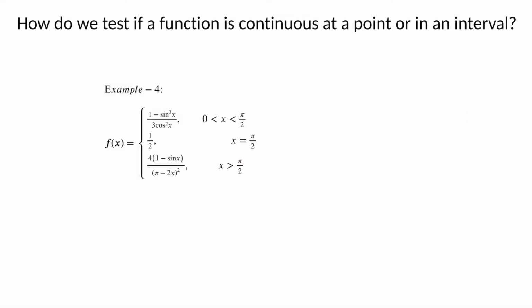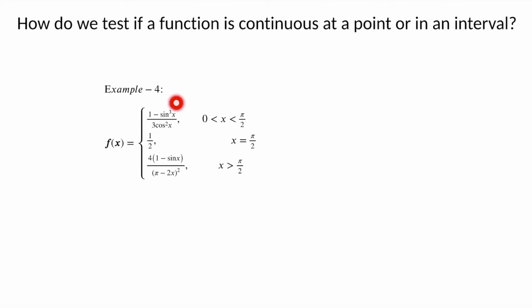Now finally, if complicated looking mathematical expressions are given for a particular function as shown in this example, then how do we check for continuity? Here it is difficult to draw a neat graph, and therefore what one needs to keep in mind is that for very familiar kinds of expressions like polynomial expressions and trigonometric expressions, the functions are continuous in their domain. By domain we mean the points on the x-axis where the function is defined, right?